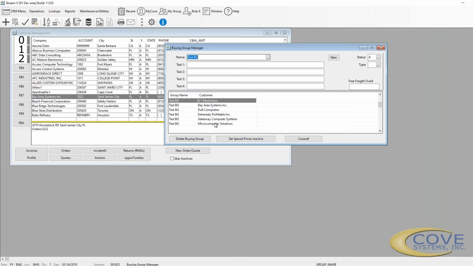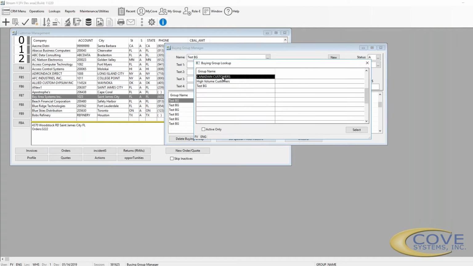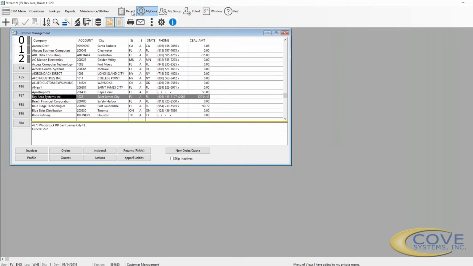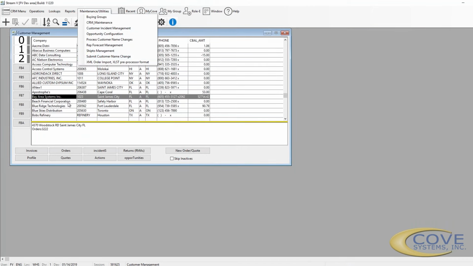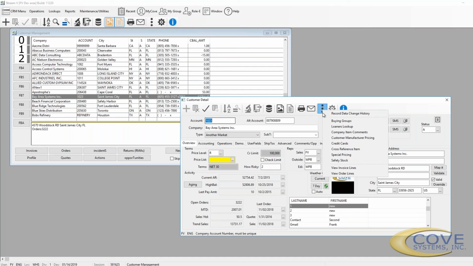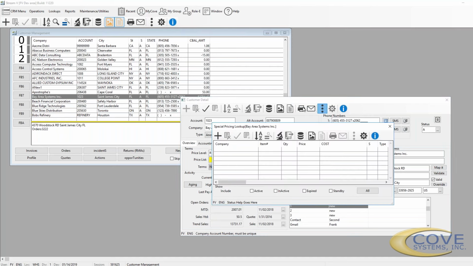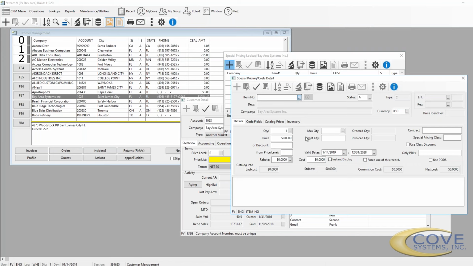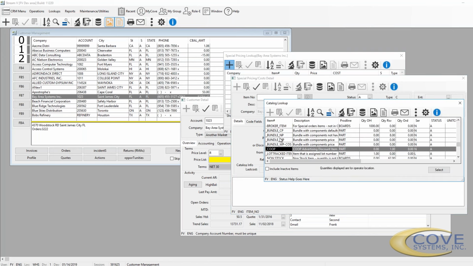In the case here, this data sample was from HemaQ. They wanted to set up their pricing for all of their Canadian customers, even though the Canadian customers are not related. And that has to do with special pricing. So we'll go into special pricing, which we do by going into the customer record and then looking at special pricing. Here's the special pricing set up for this customer. I can add a special pricing record. I can pick the item and say,